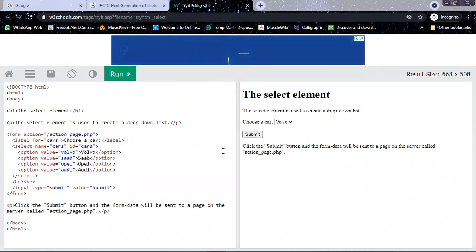You can see the drop down here, choose a car. Once you inspect that, you will see on the left hand side something called select option, where it has cars and ID. What you need to do is choose an option, the second option.